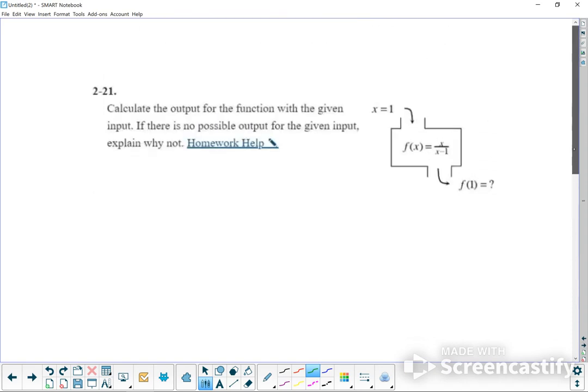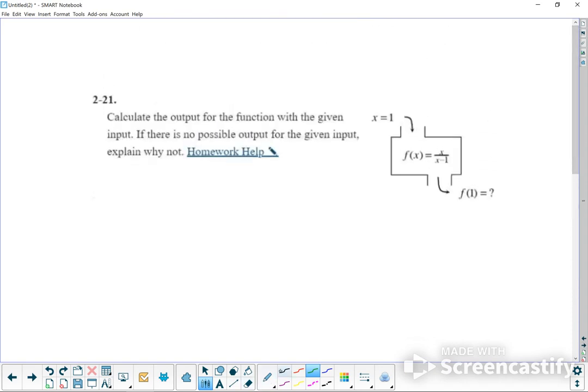Okay, calculate the output. Oh, back to function machines. Okay, so if we put 1 in here, that means that 1 goes here and 1 goes here. So this comes out to be 1 divided by 1 minus 1, which is 0. Okay, and that's undefined, so you can't do that. So f of 1, meaning the function, if you put 1 in there, it's going to give you undefined. Meaning, if you do it on the calculator, it's going to tell you there's an